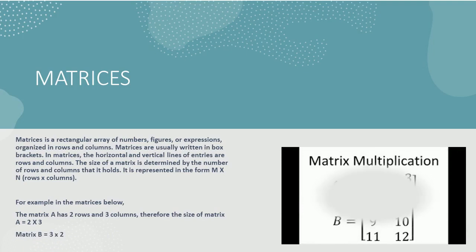For example, we can see that matrix A, shown in the picture here, has two rows. 1, 2, 3 is the first row, and 4, 5, 6 is the second row. It has two rows and three columns. 1, 4; 2, 5; 3, 6 are the three columns. So it is a 2 by 3 matrix: 2 rows, 3 columns. While the matrix B has